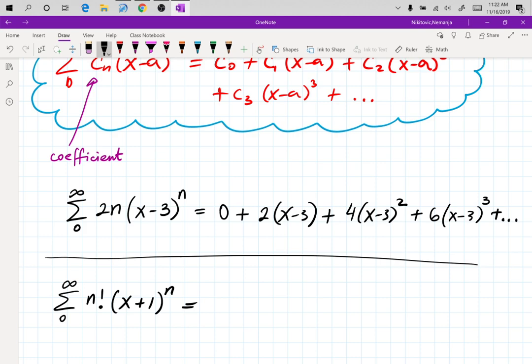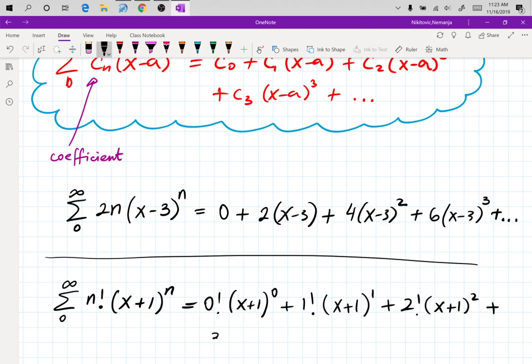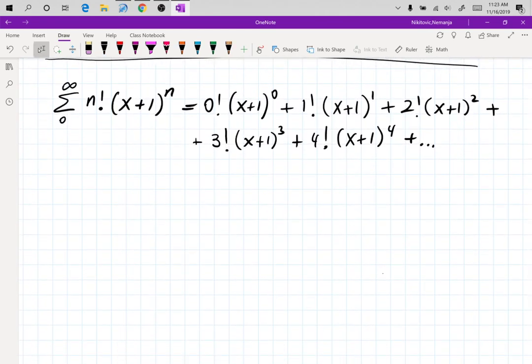I hope you have about 4 or 5 terms worked out. And we're going to say 0 factorial (x plus 1) to the 0, plus 1 factorial (x plus 1) to the 1, plus 2 factorial (x plus 1) squared, plus 3 factorial (x plus 1) cubed, and let's do 4 factorial (x plus 1) to the 4th, plus dot dot dot. You have to use the dot dot dot. So now